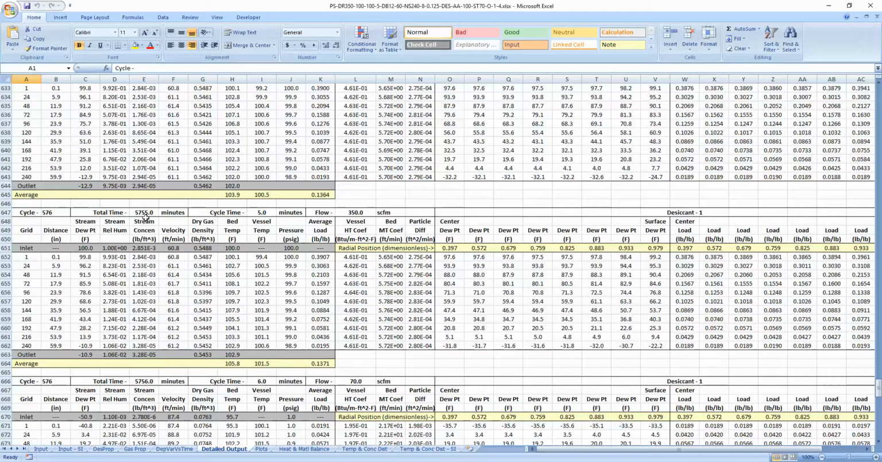So this is 576 cycles, so this is the last cycle. This is the end of the drying. We're still running the 350 SCFM. As you look at distance from the inlet from 0 to 60 inches, we see things like bed temperature, loading, velocities. Velocities in this dryer we're running about 60 feet per minute, which is a very typical velocity. You're comfortably away from issues with fluidization,